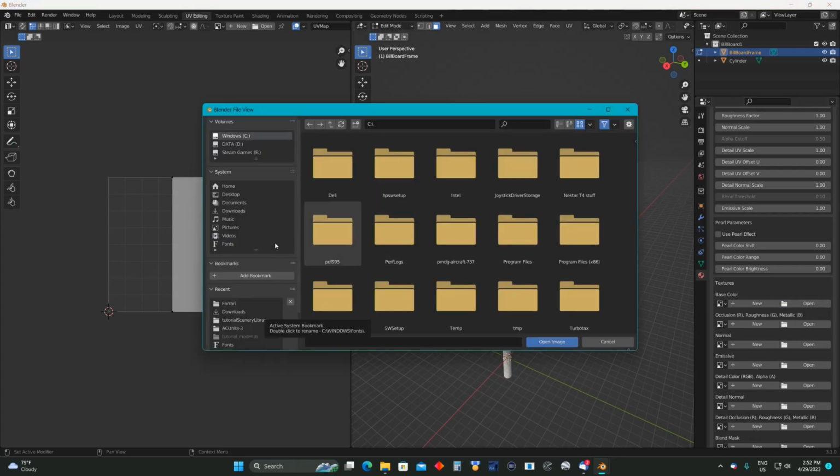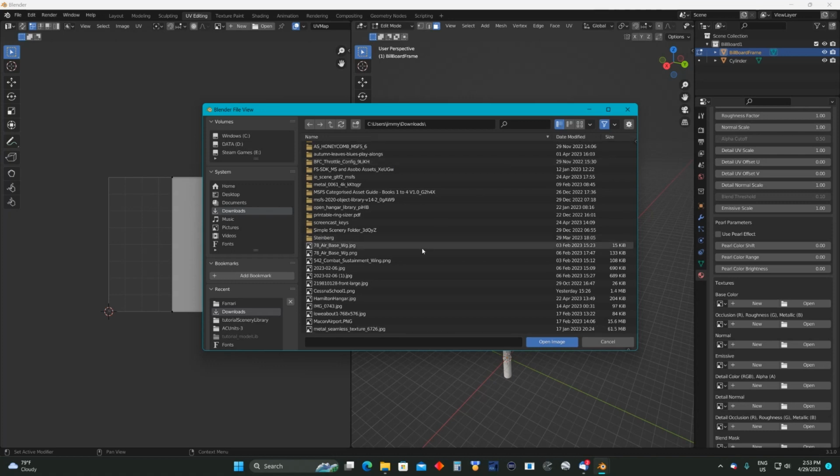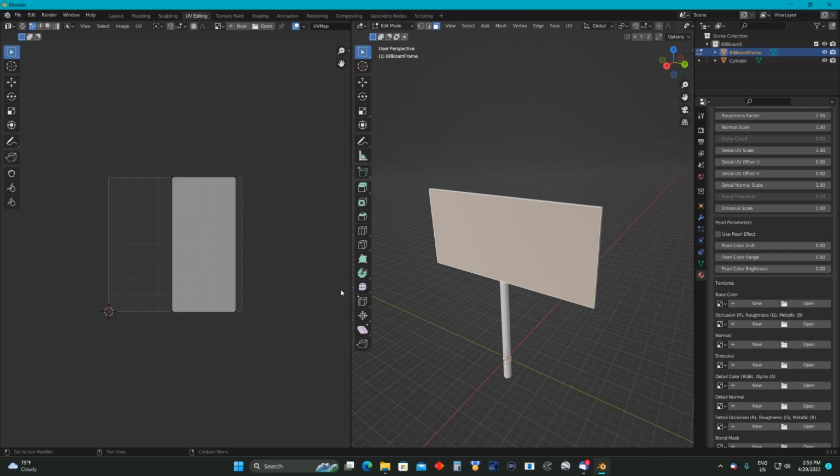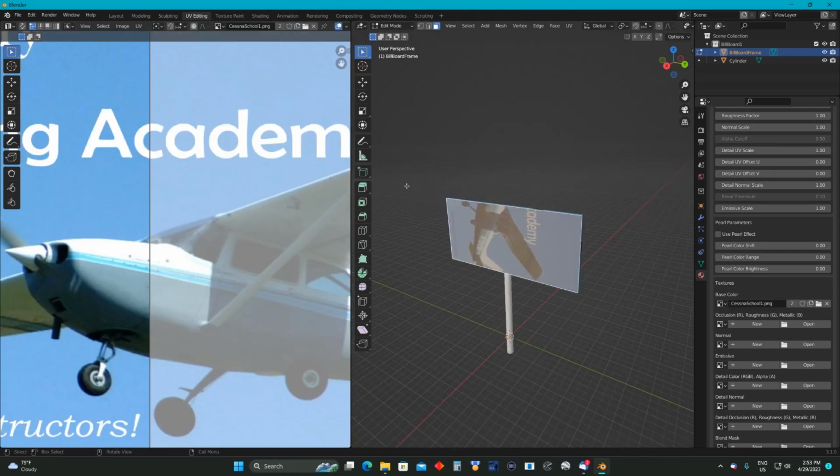And I've already created a graphic in a paint program that I'm going to use on there as my roadside billboard. So I'm going to come over to where I've got it. I've got it under Downloads. I'm going to change that to List View. I call this Cessna School. Double click it. Okay. And there we have